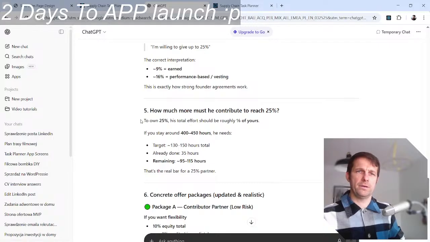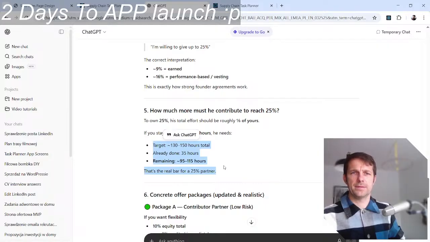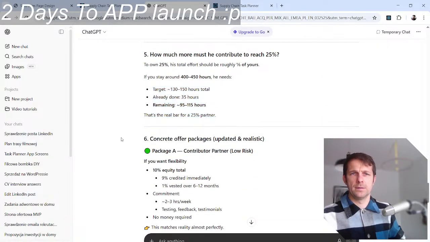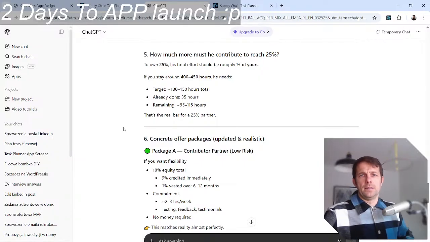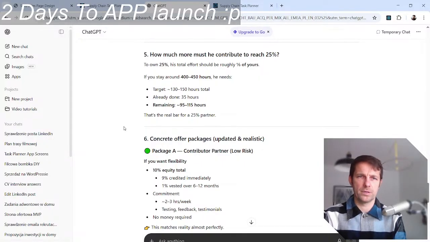To own 25%, his total effort should be roughly 1/3 of yours. Okay. If you stay around, he needs... Okay, already done 35. Remaining for 25. That's the real one. Updated and realistic. Package A. Contribute to partner.